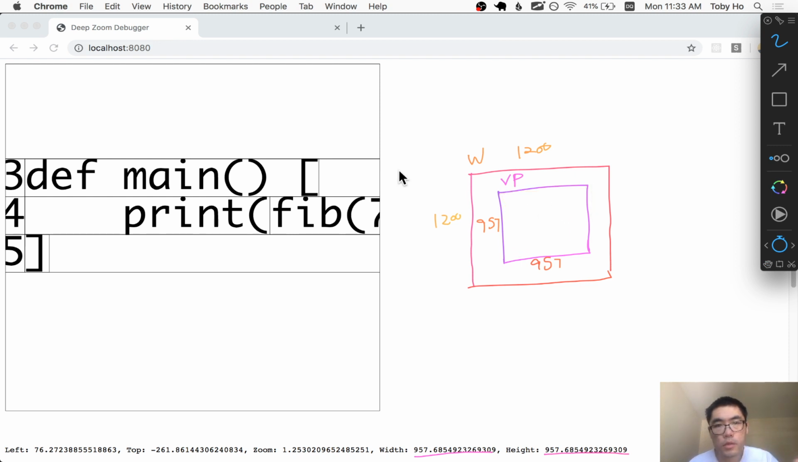But the rendering of the text sort of dynamically changes to more levels of detail depending on how zoomed in the viewport is. That's how this stuff works. But